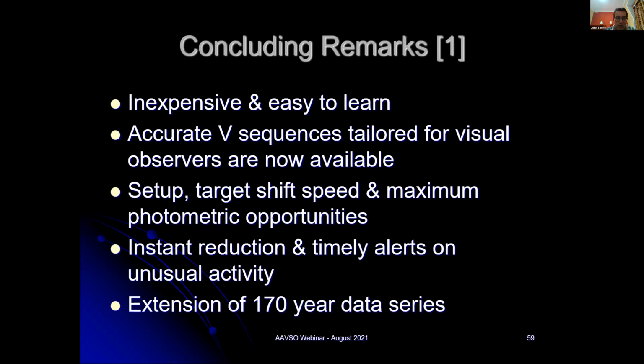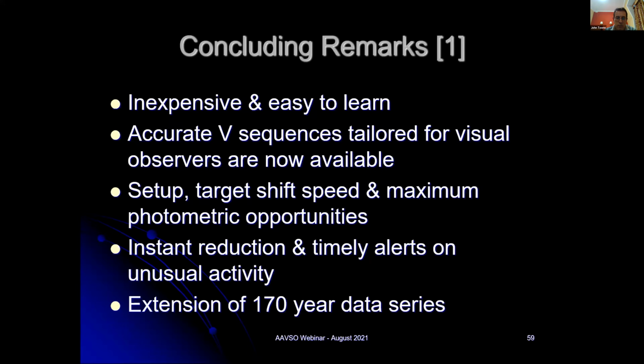Doing visual observing, you can set up real quick, but be careful about dark adaptation. You can move from object to object very quickly. I can make a binocular observation every minute, a telescopic observation every 2 minutes. And for maximum photometric opportunities, it depends where you are in the world, but you don't always have fully clear skies. They're partly clear. You can take advantage of that. You can move across the sky, looking through cloud gaps. And wherever there's a cloud gap, there's a variable star which you can look at.